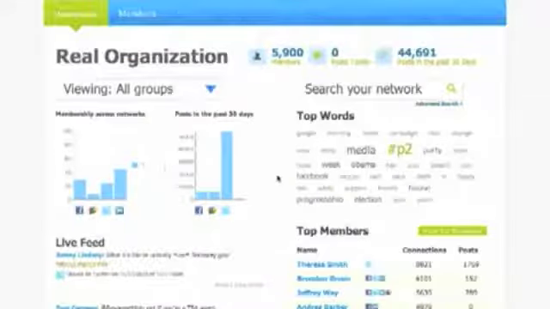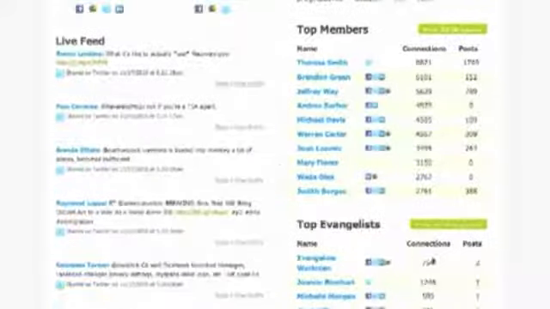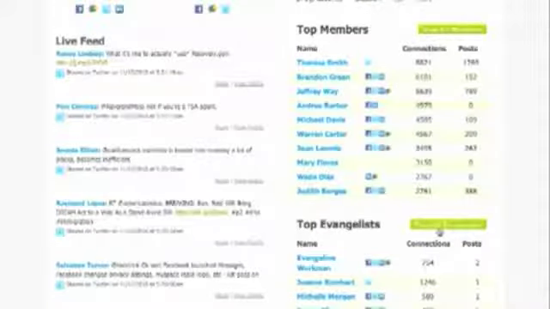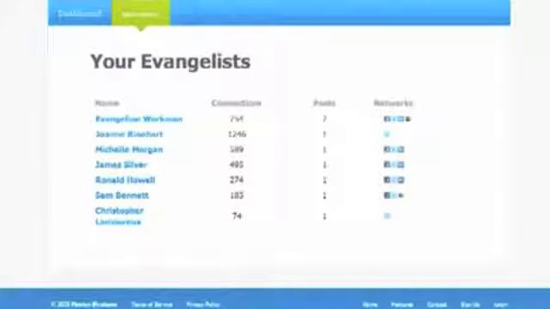And something we think everyone will want to do, create a social network volunteer corps. Click on View All Evangelists. These are the people on your list with the most connections online who are mentioning your organization. Send them a personal note whenever you do a new action or fundraiser, asking them to help get the word out to their own networks. Or invite them to a brainstorming session on how to increase your organization's reach online. With a small but well-connected set of evangelist volunteers, you can quickly, exponentially increase the reach of every action.